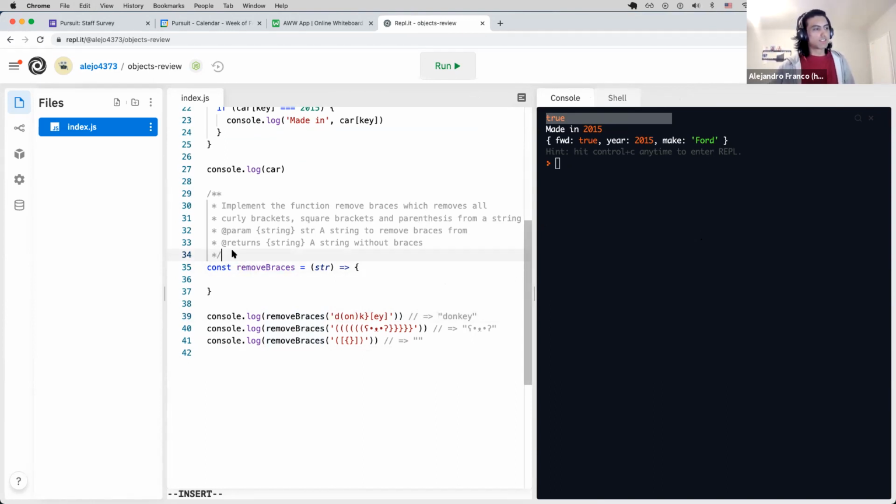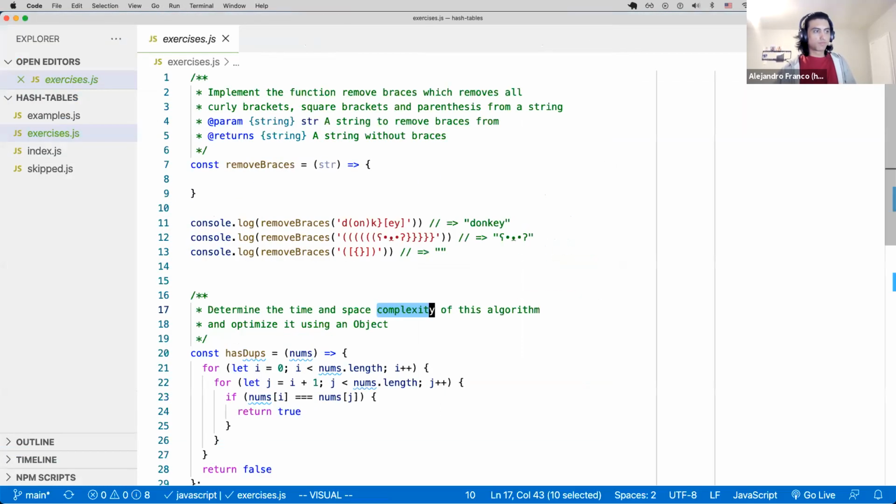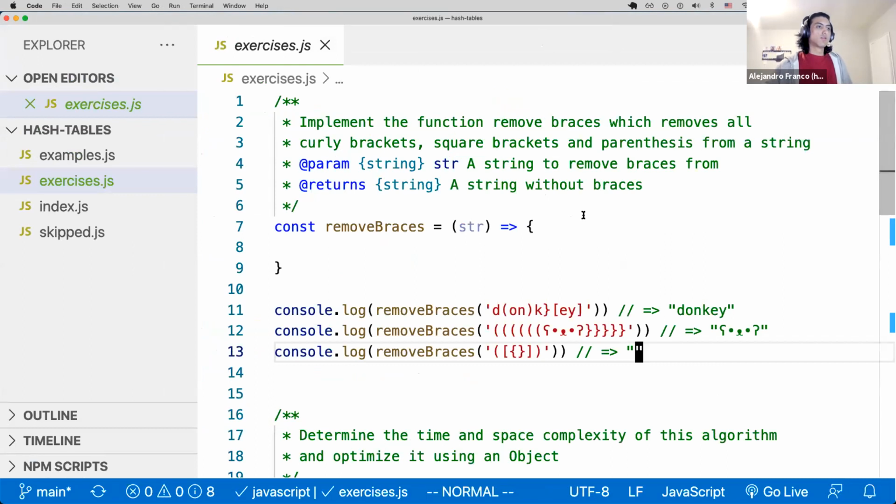Also, if this is the first thing that you see, a comment like this is the description of the function. This is what the parameter is. The parameter is going to be called string. Actually, if I show you, VS Code has better syntax highlighting. To show you here, we can see that